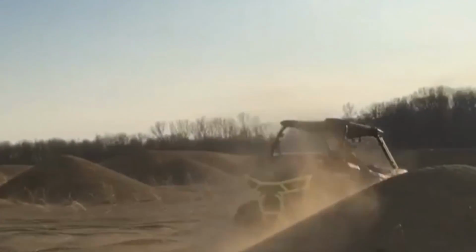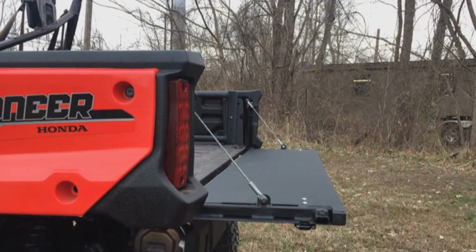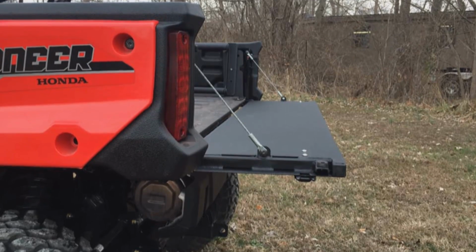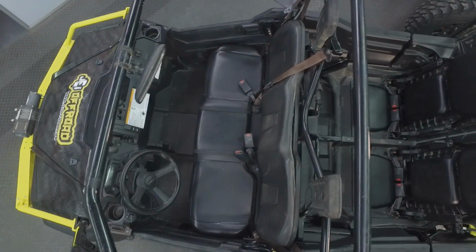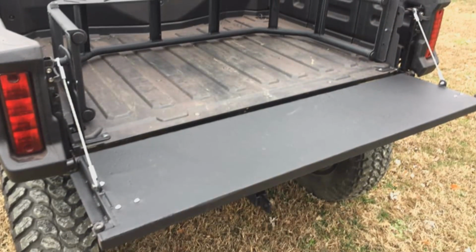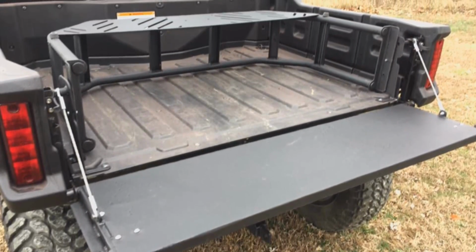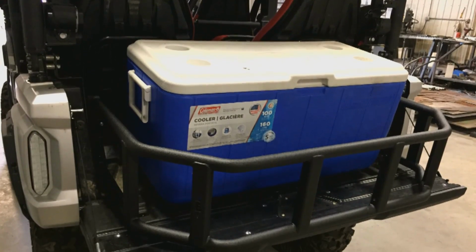Using the machine and just seeing that there's a need for better products out there. The bed extender in particular was something that we noticed on the Pioneer 5-seater. The seats pop out of the bed and you lose all your bed space. So we made a bed extender that actually extends past the tailgate. Their OEM makes one that stops on the tailgate. Ours extends about 7.5, 8 inches further, so you can carry a larger cooler or tool bag or dry box,